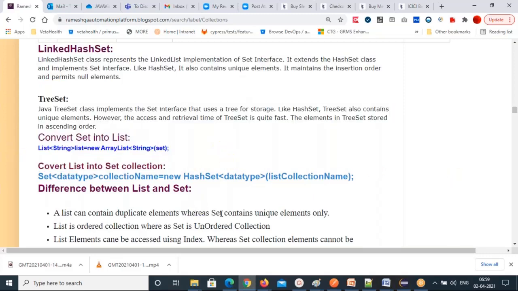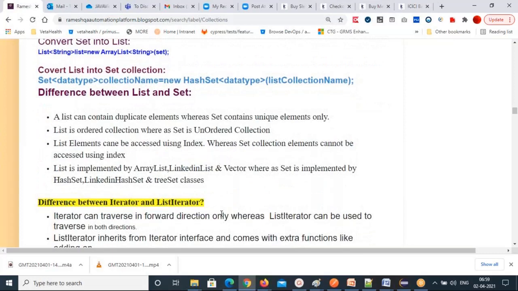So now what is the difference between list and set? Very important points. All are interview questions, again I'm giving this. A list can contain duplicate elements, whereas a set can contain only unique elements. List is an ordered collection, whereas set is an unordered collection.